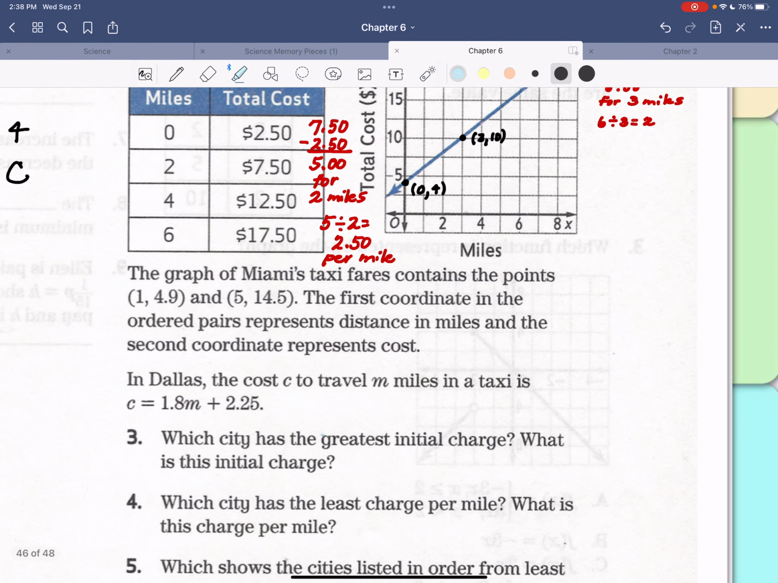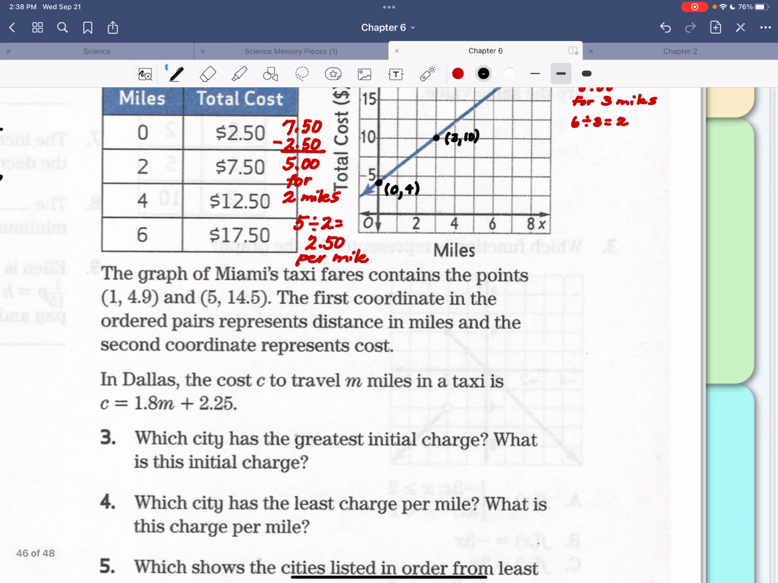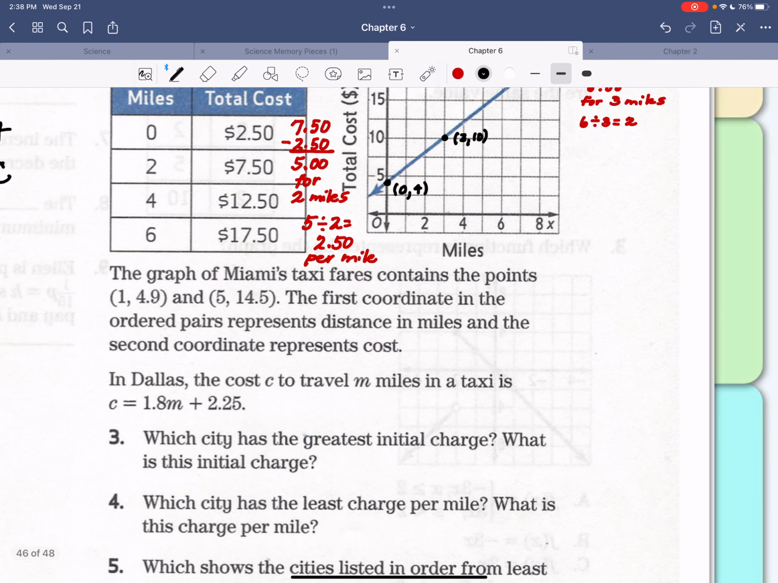The graph of Miami's taxi fares contains the points. The first coordinate in the ordered pairs represents the distance in miles, and the second coordinate represents cost. So we need to find the slope for Miami. And slope is y sub 2 minus y sub 1